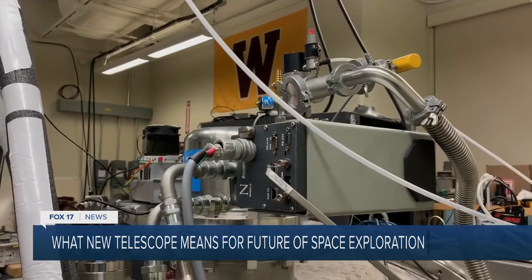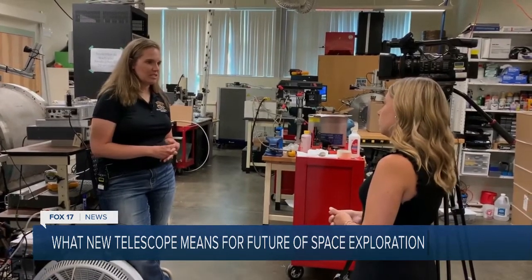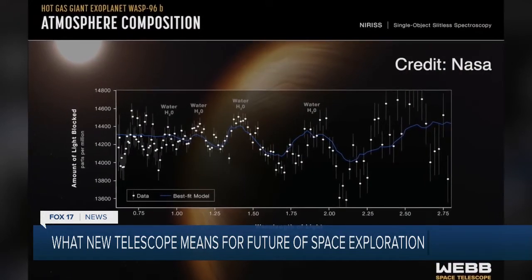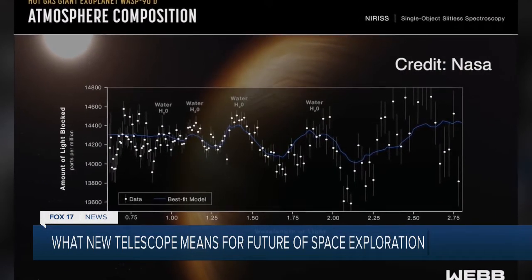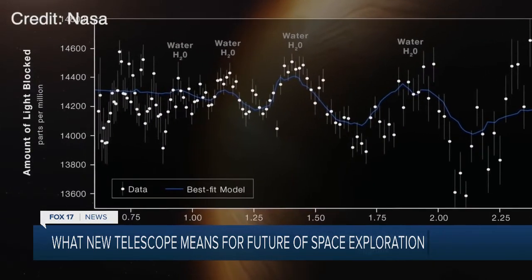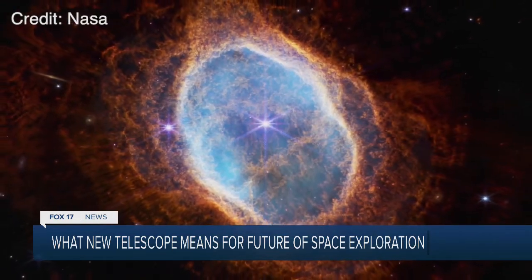So what does this mean for the future of deep space exploration? Dr. Lemmer says Webb has the ability to detect the composition of atmospheres of exoplanets, as seen in this spectra. That's just super exciting, knowing our origins and where we came from. But in addition, the possibility of finding planets that could host life in other solar systems, in other galaxies, is super exciting too. The high-res images also highlight the atmosphere of a star-orbiting exoplanet, far away stars, and other galaxies,